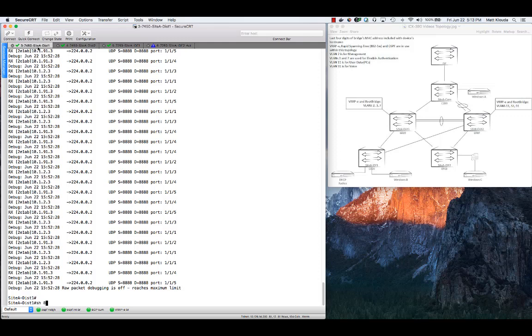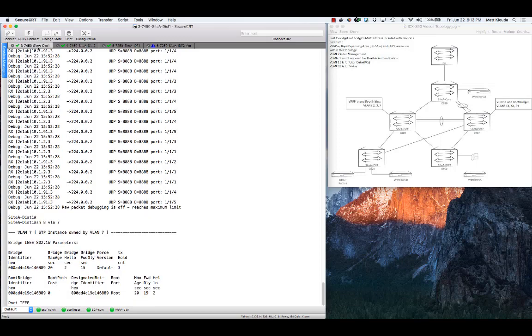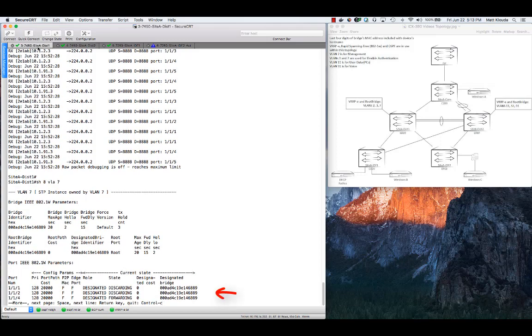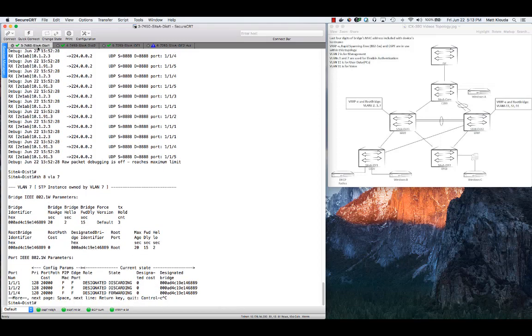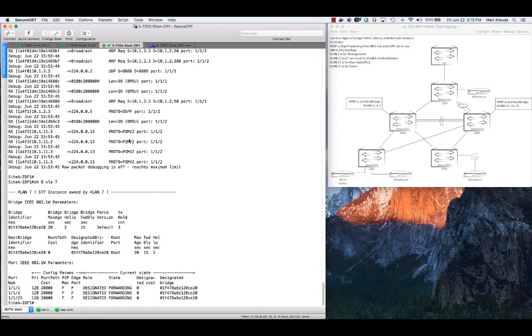So let's do a show 8 VLAN 7. And oh yeah, see, we have 2 different switches that think they're the root bridge, and that's not good. You only want one root bridge in your topology. So let's go back into IDF1, and I'll just flip to that tab, and we're going to take a look